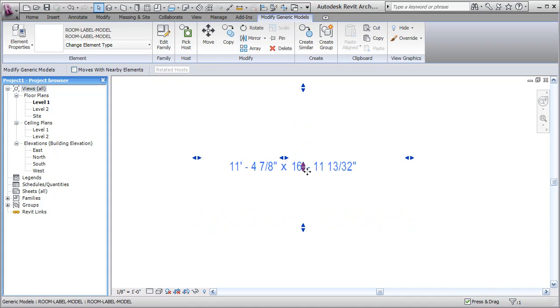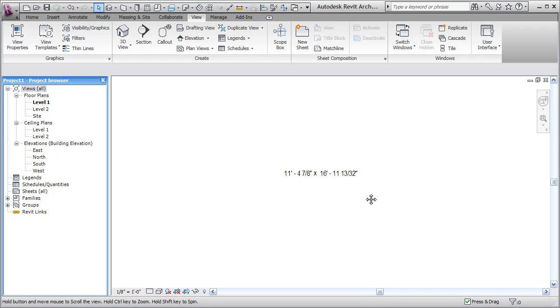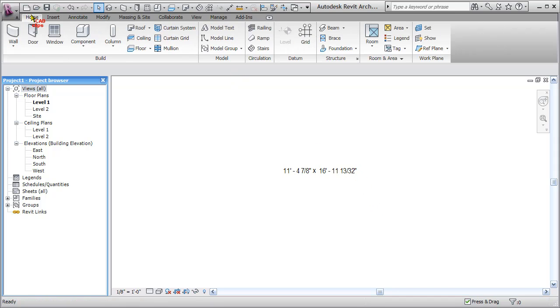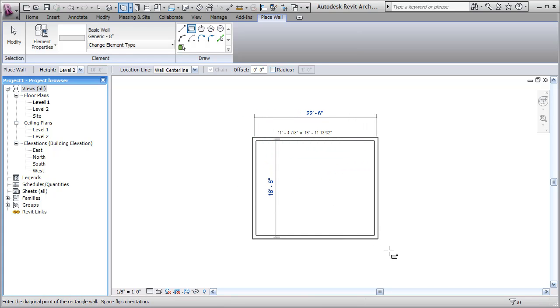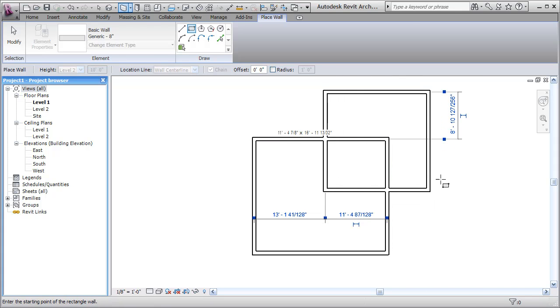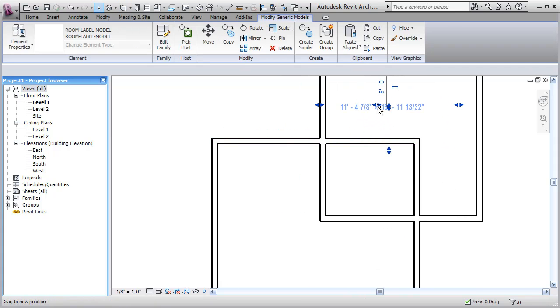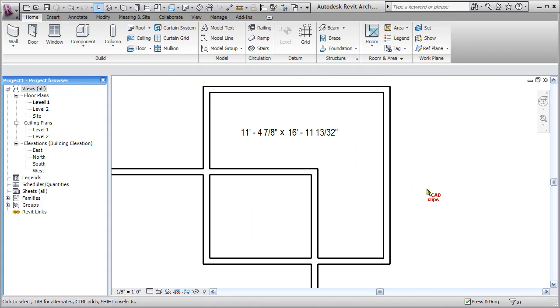So you can use your line tool, or you can simply drag it. You can see the label in the middle is updating, and you can control the position of the label with the shape handles that we created with those internal reference planes. So now I'm just going to draw some walls up to level 2 using the rectangle option. Click, and then move the new room label family inside, and then just grab those shape handles and drag them over to the wall faces,